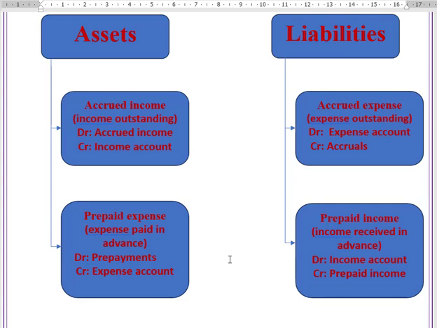Prepaid expense or prepayments, where will I find that? That is an asset. So if I have a prepayment in this accounting period that I have paid in advance, I will debit the prepayment account, and then I will credit the relevant expense. And the same thing applies with the accruals and accrued income. And notice, they crisscross themselves. Income, expense, accrued, and prepaid. Accrued income, accrued expense, prepaid income, prepaid expense.